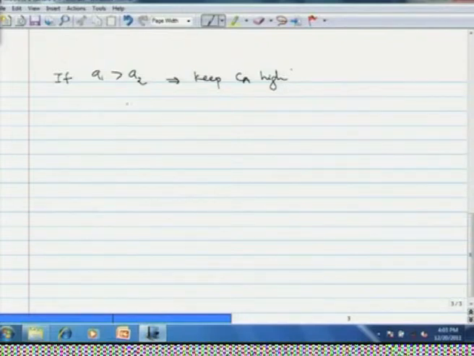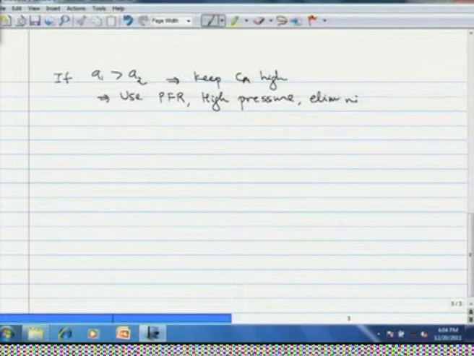You can use a plug flow reactor or use high pressure if it is a gas phase reaction. Try to eliminate the inerts, which will decrease the partial pressure of your reactants,